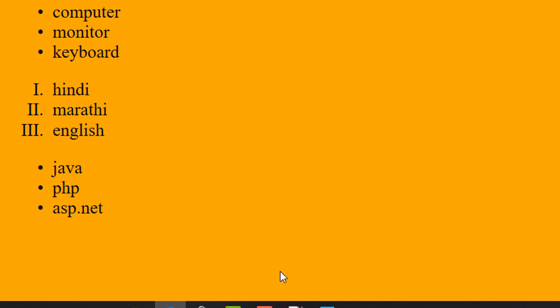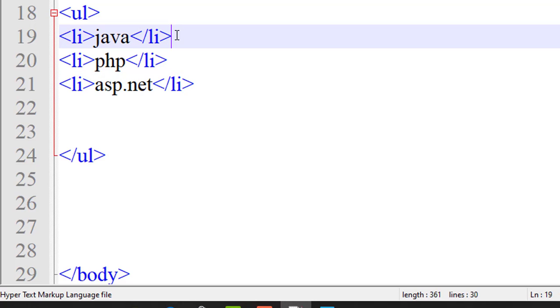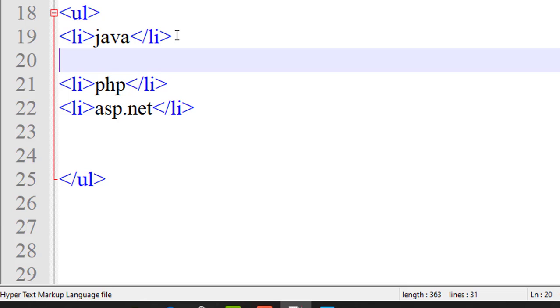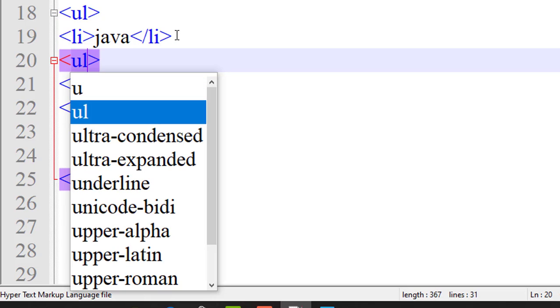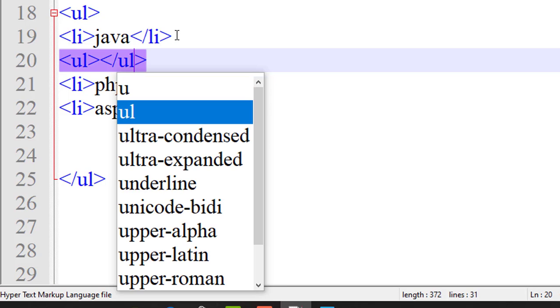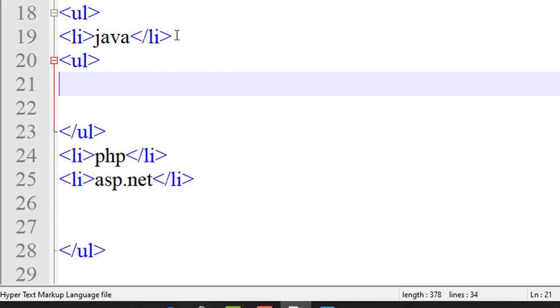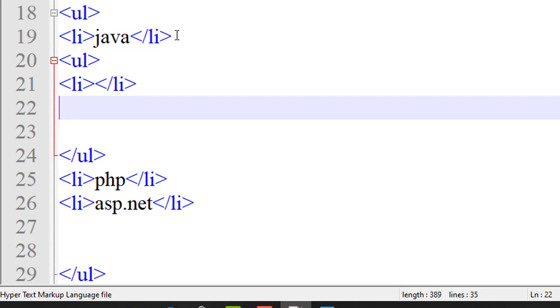So again in the li tag, we will create an unordered list. UL stands for unordered list. Enter. In the unordered list, I will again write the list form, because we want to add the list now.